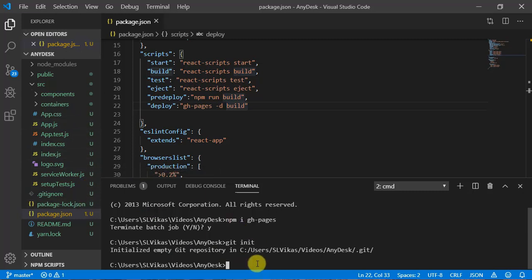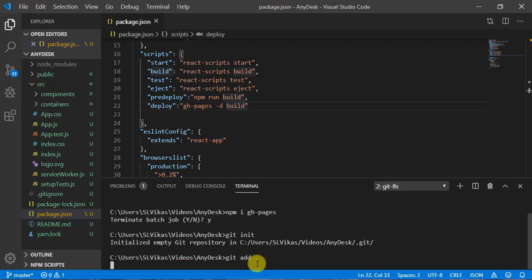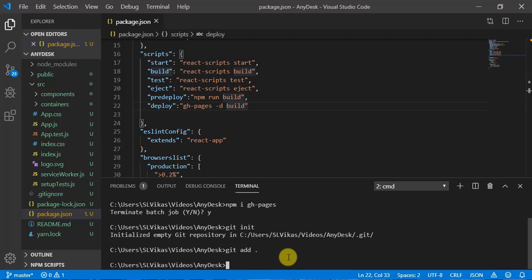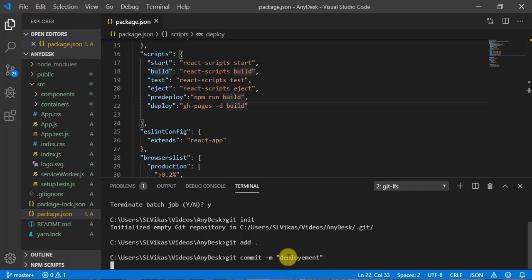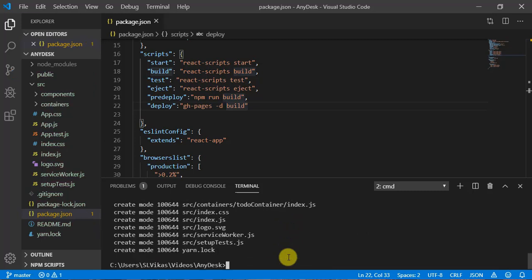So what I have to do, I need to push this. So git add and dot, that means I am trying to add all the files. Okay, and now git commit and let's give message deployment. Okay,